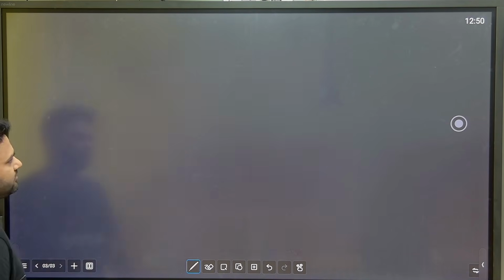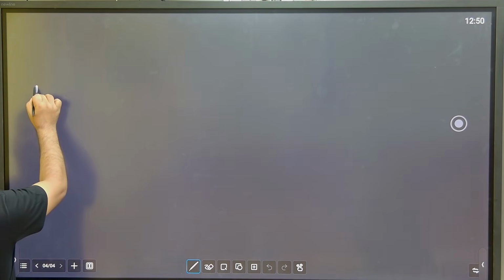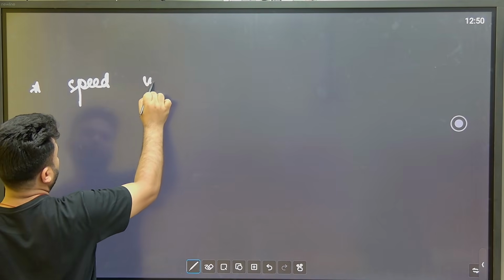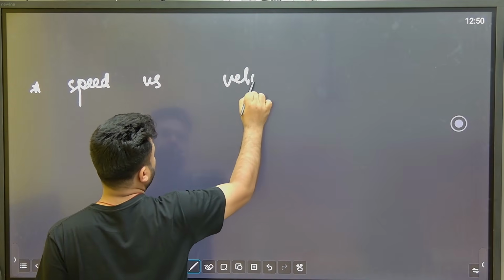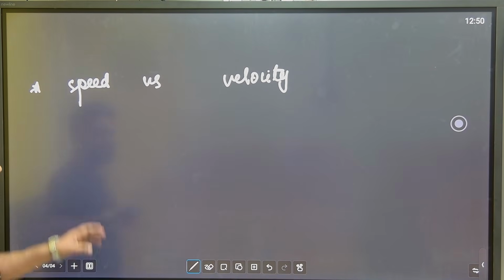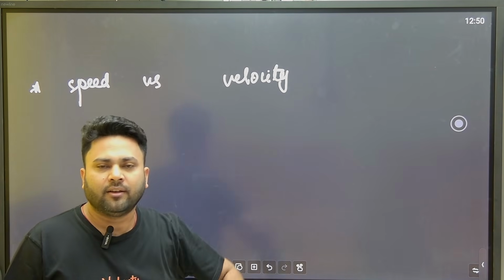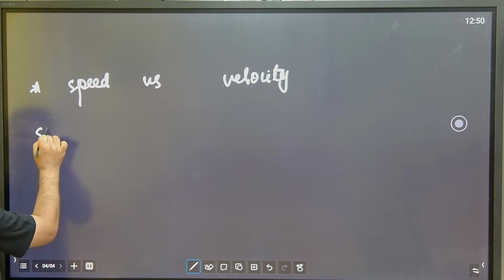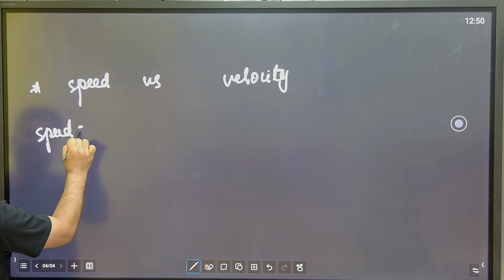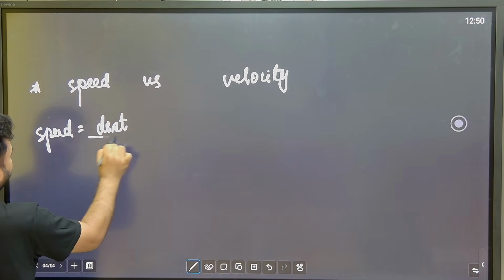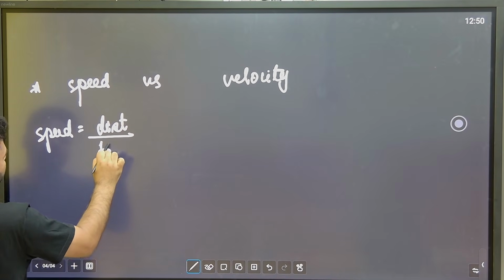Next, speed versus velocity. You know, speed is a scalar quantity, velocity is a vector quantity. How do we define speed? Speed is defined as the distance that you have traveled divided by time,